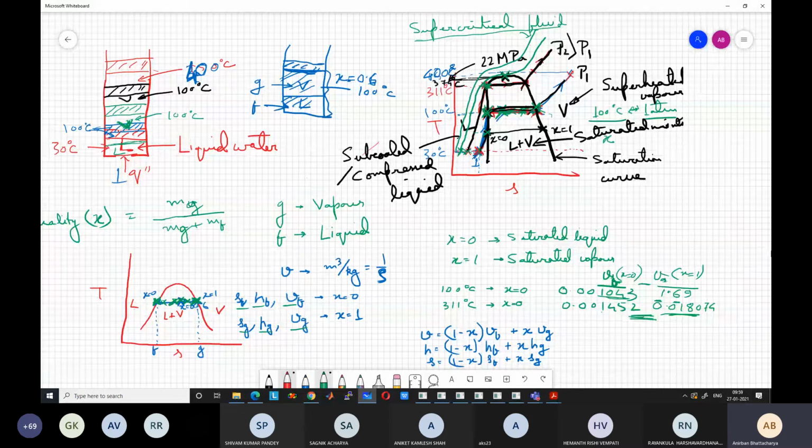But at any point in between, you have a mixture of liquid and vapor, and the liquid is always at saturated liquid condition and the vapor is always at saturated vapor condition. It is only that the average properties are moving from the left to the right hand side. Okay, but they are separate within the two-phase mixture. Any question? I will take a break here, 5 minutes.